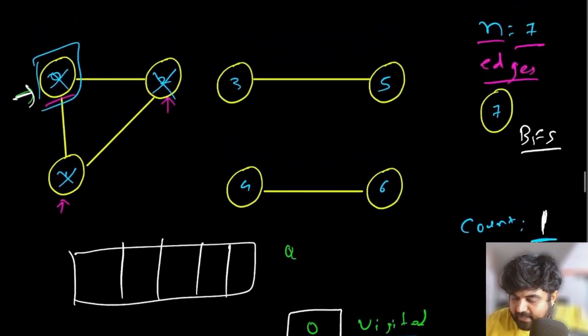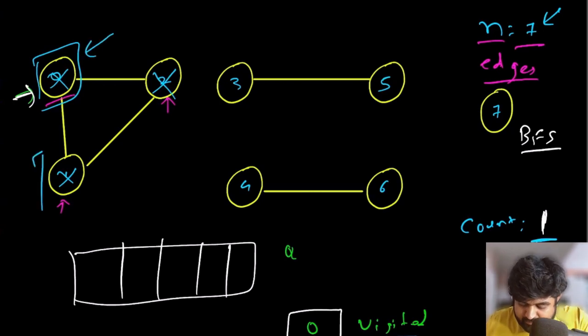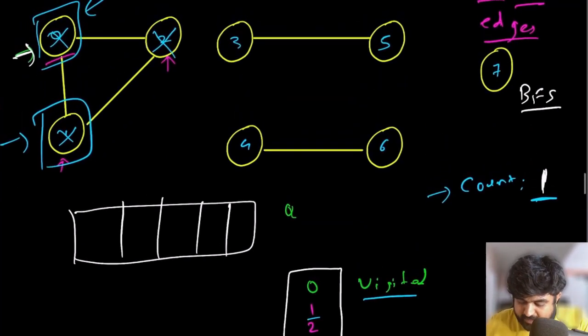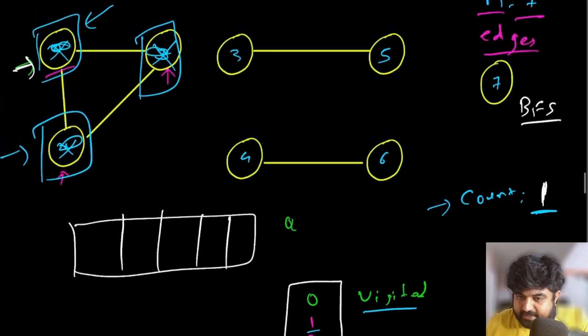But we know that there are still 7 nodes that we have to take care of. So we are going to iteratively go over every single one of them. Initially we started with 0, so we got rid of it. Let's just start with 1. Again for 1, since 1 has already been visited, we do not need to increase the counter and move on to the next value. Again 2 has also been visited, so we do not need to increase the counter and move on to the next value. So all of this entire connected component has been taken care of.